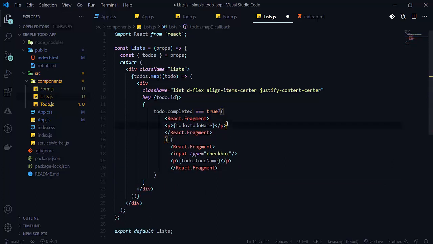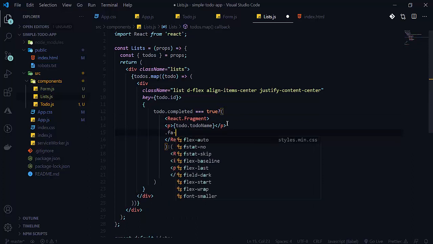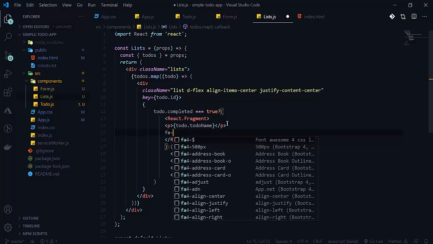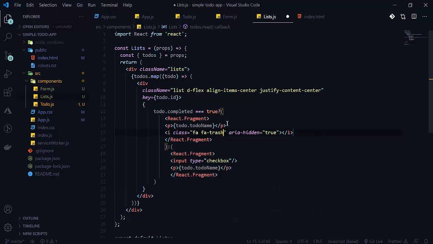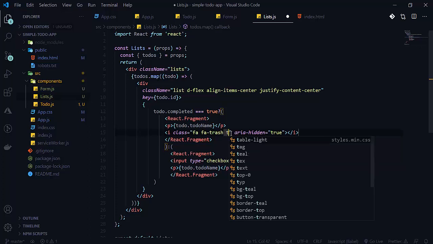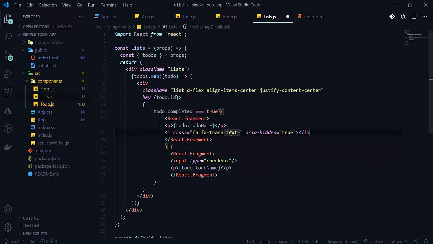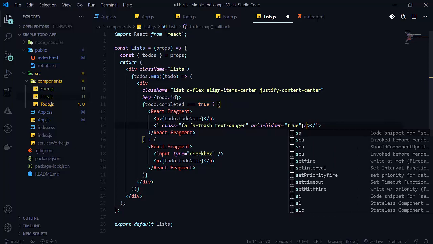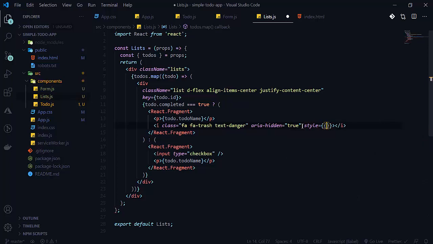So here we want fa fa-trash, and here will be text-danger, so let me make it text-danger. We want our delete button here, so here we will write style, cursor will be pointer, cursor will be pointer here.